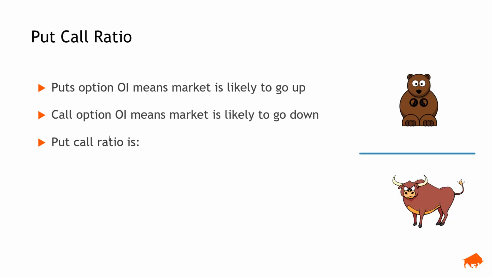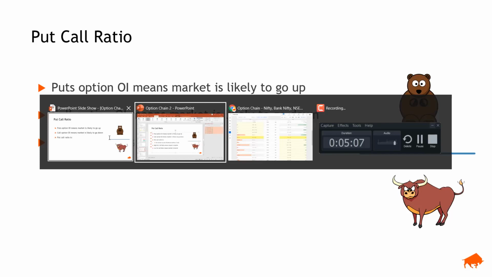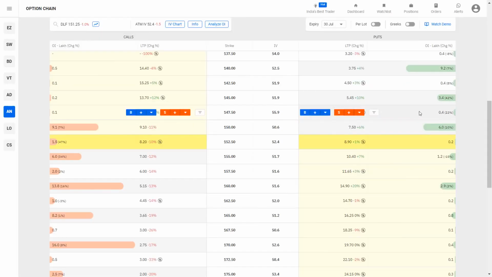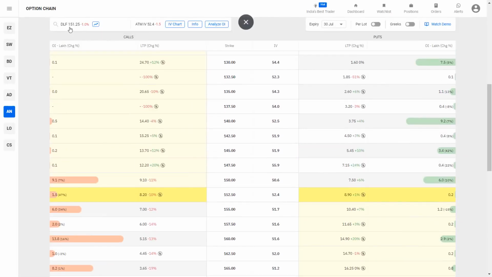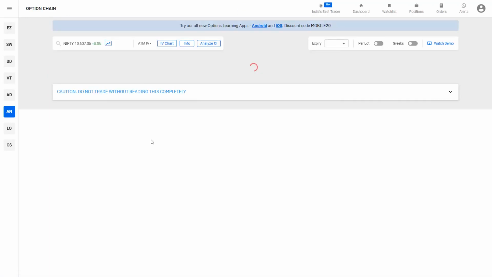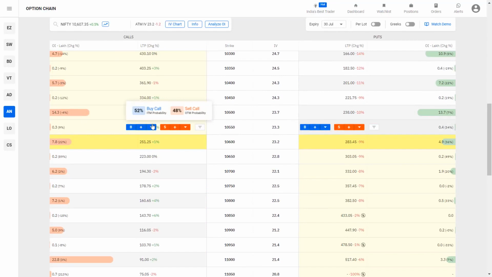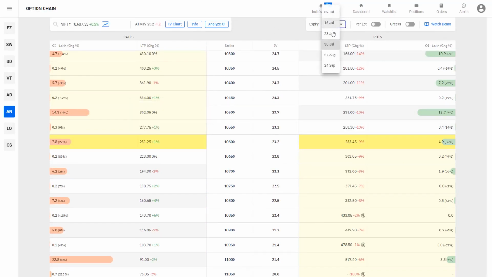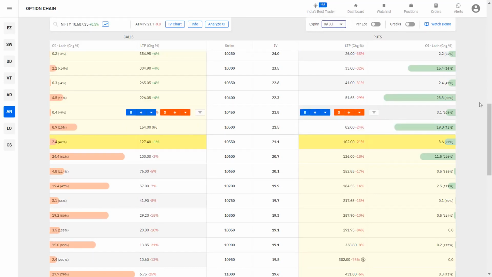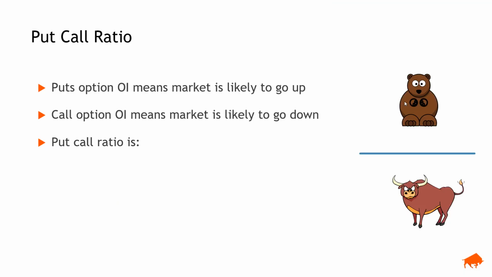Why? Because of put sellers, right? We talked about this concept. Somebody is selling, it means that they are convinced that the market is not going down, therefore it is good for the market. Which is also the reason why in our option chain, we chose green as the color of puts and red as the color of calls. So red is bad for the market, red is dead, from red comes down the market, whereas puts are good for the market, from green the market bounces back, therefore put is green.